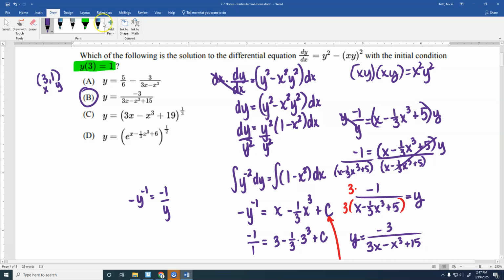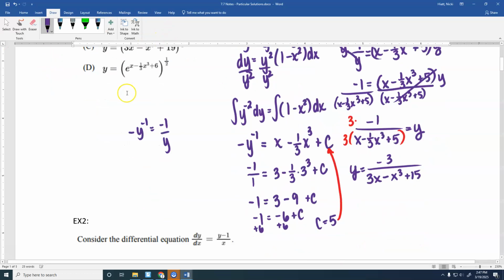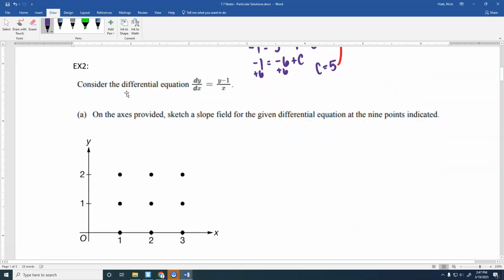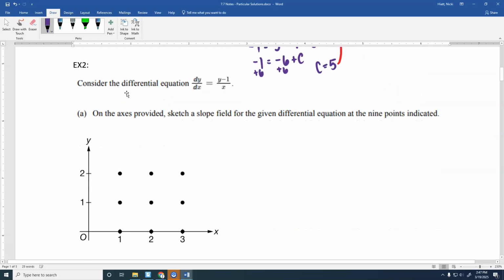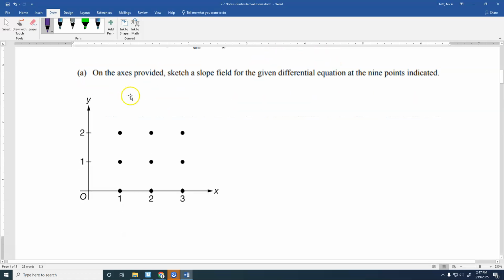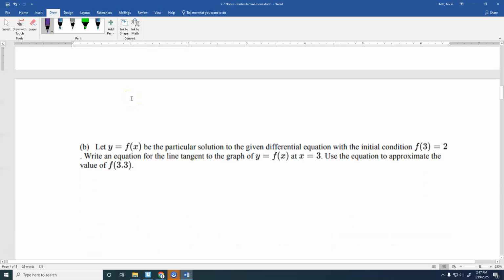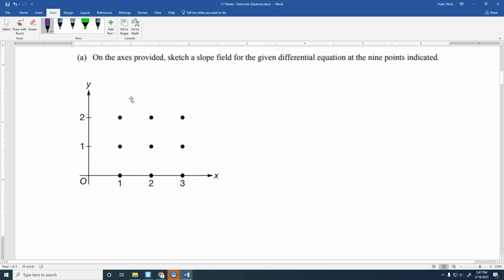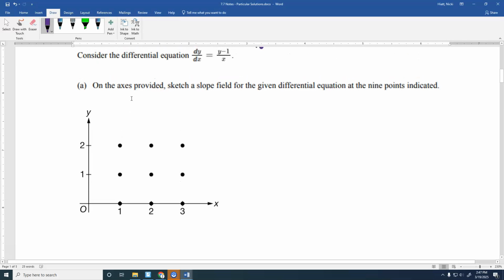All right, questions? All right, moving on. Let's do a free response question. So this is the type of free response question that you used to would have seen. I don't think you're going to see A on the exam anymore because they're not going to give you that there for the slope field. In fact, because of that, let's skip the slope field because I feel pretty confident they can't ask you that anymore based on how they've changed the